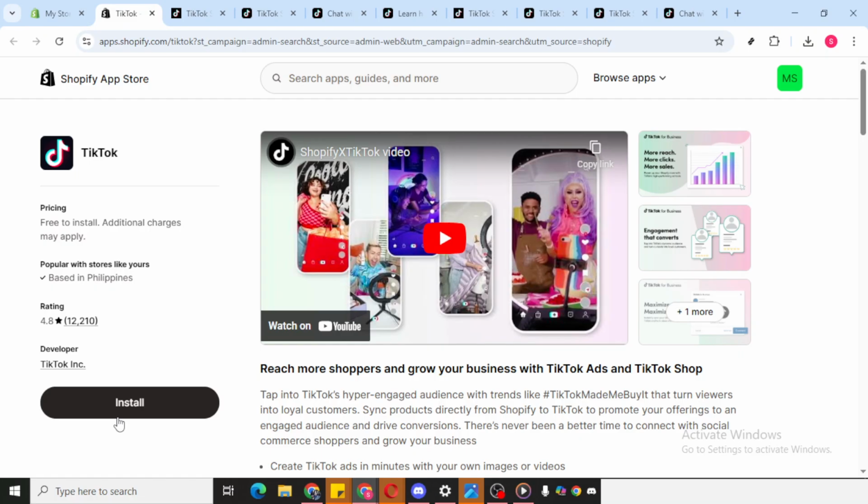During setup, you may be asked to map key product details like titles, images, pricing, and inventory. Make sure your product information in Shopify is accurate and compliant with TikTok Shop policies, including clear images, correct categories, and any required attributes. If your products have variants, check that sizes, colors, and SKUs are consistent so inventory updates